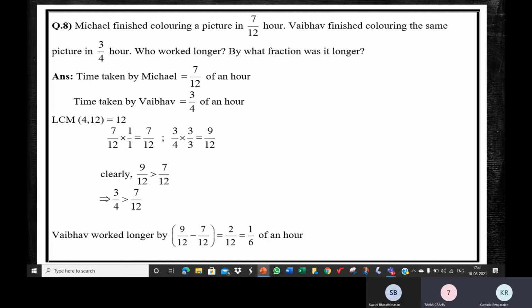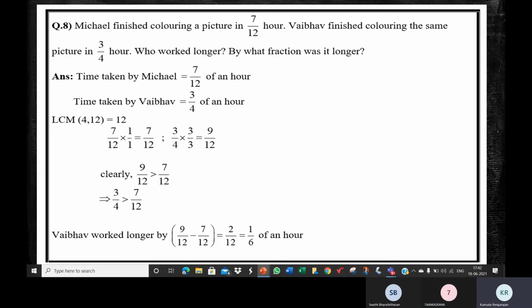60, ma'am. 60. You don't know if 60 is divisible by 4. So you can take 2. Simplify. Tell me what you'll get. I'll get 2 and 30. Can you further simplify? Yes, ma'am. Do it. 1 and 15, ma'am. So 1 3 and into 15 is 45. 45. So how many minutes did we get?